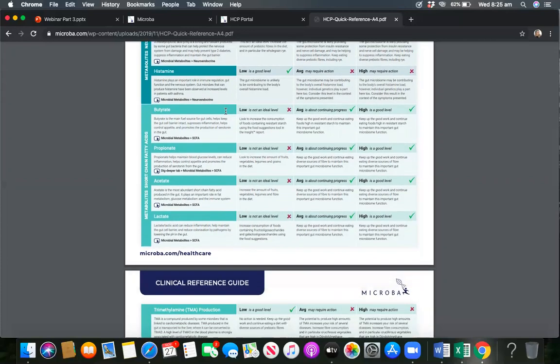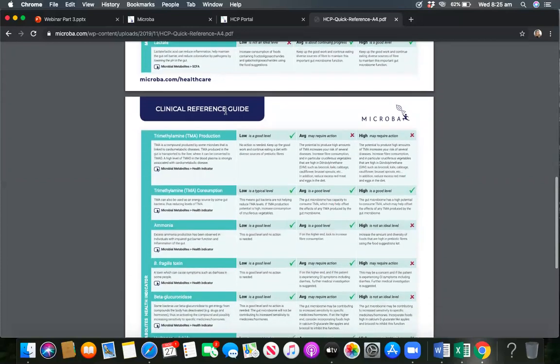If we look at something like trimethylamine, so trimethylamine production is associated with chronic heart disease as well as chronic kidney disease. And ideally, we want to be reducing the production of this. So specifically, there is choline and carnitine more so in foods that you would find in things like red meat and eggs. It would be a good opportune moment to perhaps look at reviewing how much red meat and eggs